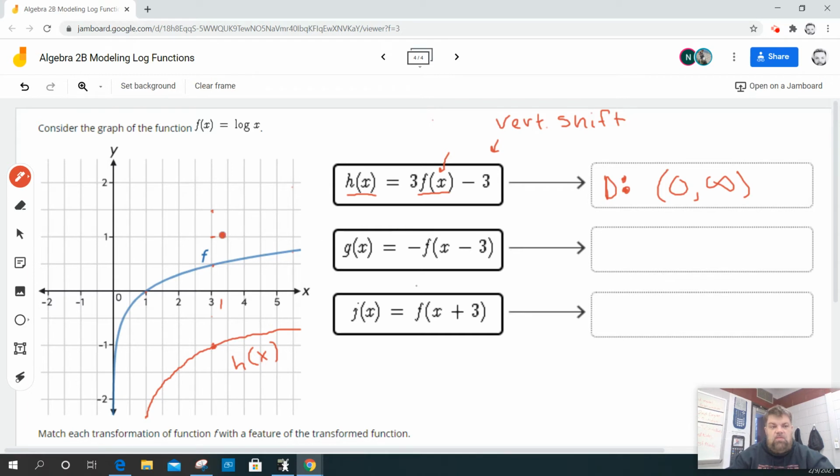Now for the next one, for g of x, I'm going to flip this about the x-axis. So this is going to flip, right, because it's negative. So we're going to flip over x. And then this minus 3 means we're going to shift. It's inside the parentheses, so this is a horizontal shift 3 units to the right. Okay, so for example, this right here would flip across over here, but now I'm going to